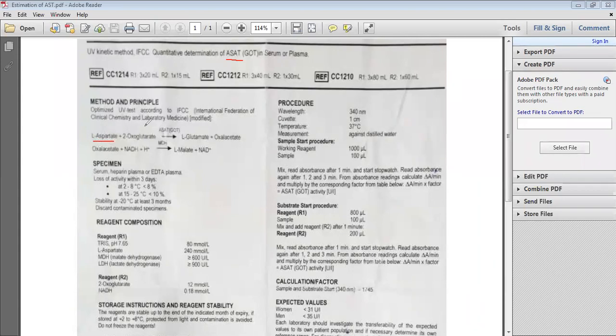There will be two fundamental reactions in this experiment, and we can estimate the quantity of AST in the liver cells by these two reactions. The first reaction is L-aspartate reacting with 2-oxoglutarate. This chemical will be available in reagent one, provided by the company. This method is from the MTD kit or MTD diagnostics, and different reagents are available in the kit.